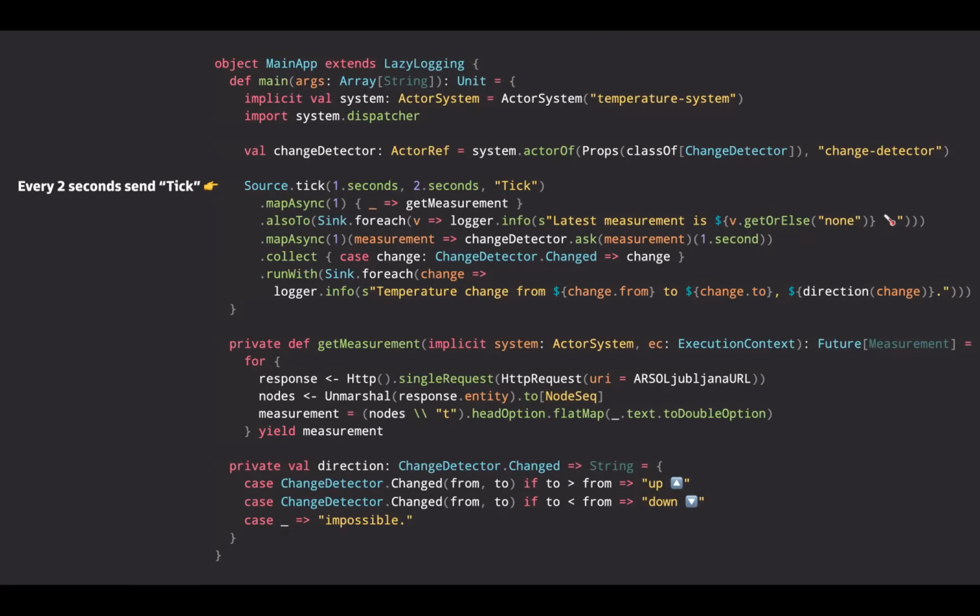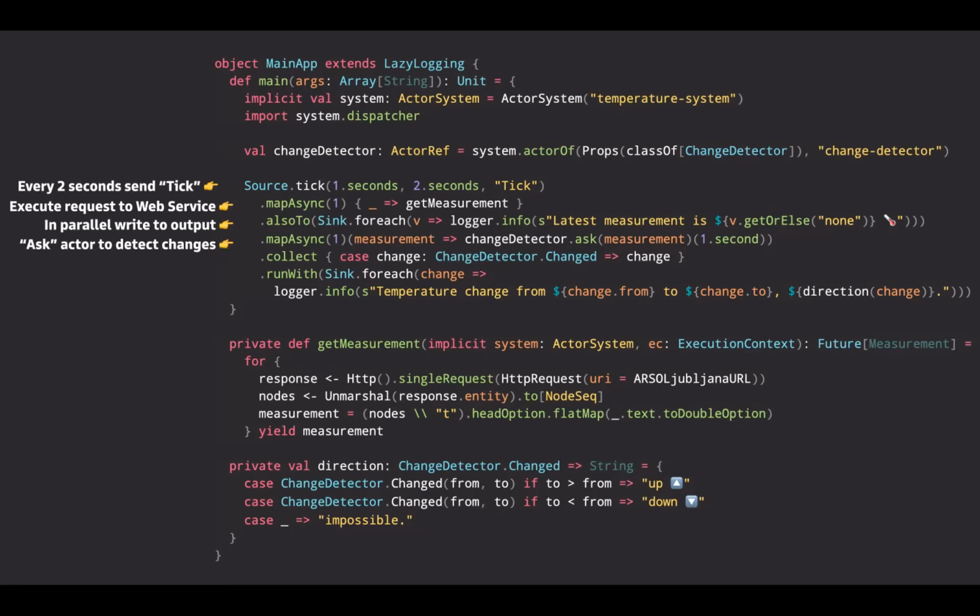So here we generate a tick every 2 seconds, a string called tick from this system. Then we call the get measurement function that's defined here at the bottom of your screen, and we output the result from this web network call.